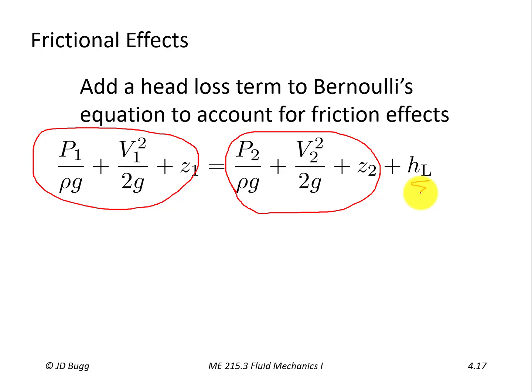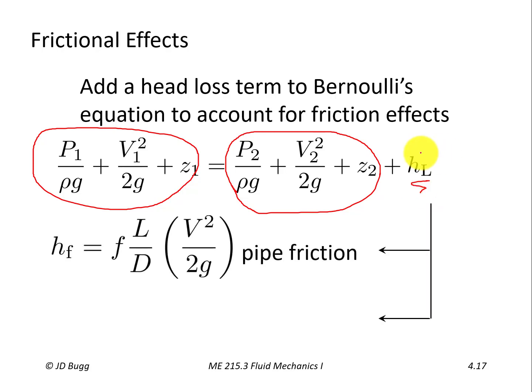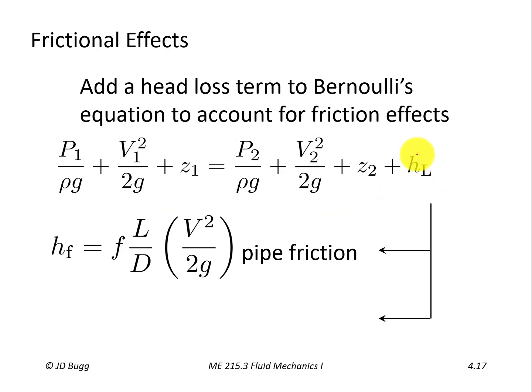In the next video that we're going to look at, we're going to be looking at this head loss term in a lot of detail. Now, I'll just quickly introduce where these head losses are coming from here. So there are two sources of head losses. Now, they're really the same thing. They're both frictional effects, but the way that the head loss is calculated is by considering these two separate effects. The first one is pipe friction, and this is typically the most important one. So this is the friction on the walls of the pipe, the inside walls of the pipe